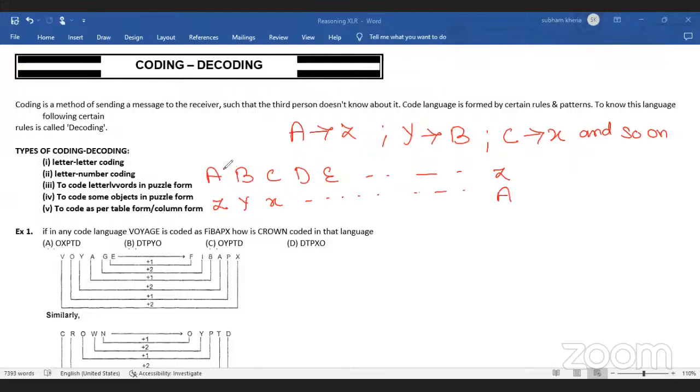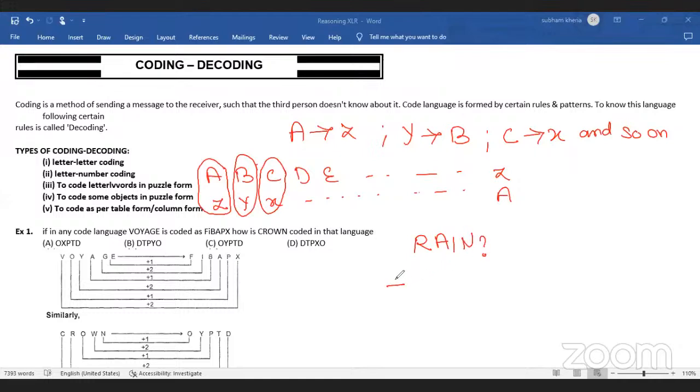So you can see A and Z are basically opposite pairs. Z is the reverse form of A. Y is the reverse form of B. C is the reverse form of X, or you can say X is the reverse form of C. So we code it like this. Here we can see A is coded as Z, Y is coded as B, that is, they are coded in the reverse form. So if I tell you, find the code for the word rain,